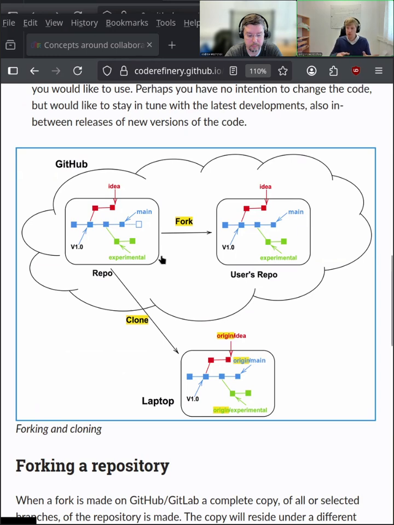So we copy it from the original place to another one, usually your own GitHub account. So if this is, for instance, the recipe book from the CodeRefinery repository, you would copy it over to your personal GitHub repository. And it stays exactly the same. So conceptually, it's very much the same, but we will see in exercise 2 and 3 what the major differences are.